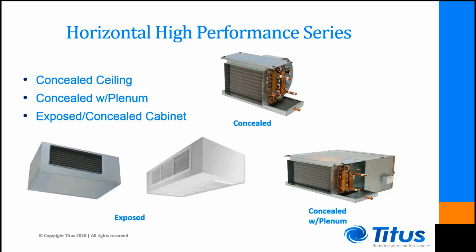The second subcategory in the horizontal fan coil unit lineup are the high performance units. You may notice they look very similar to the low profile horizontal units. This is because these units are simply the big brother line of the low profile units. They have very similar models to the low profile units, except they are taller and can reach higher CFMs and